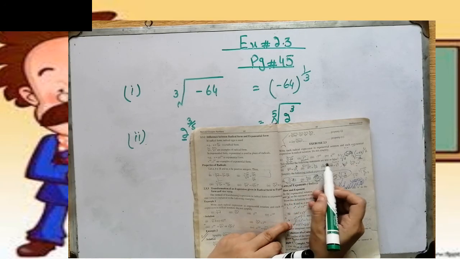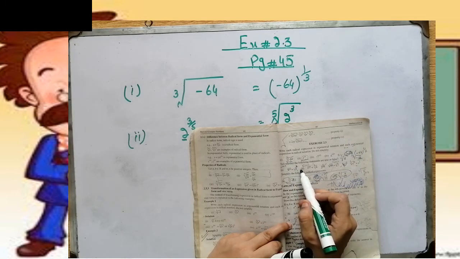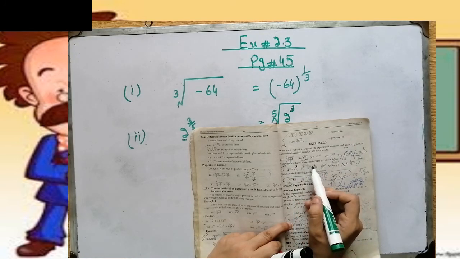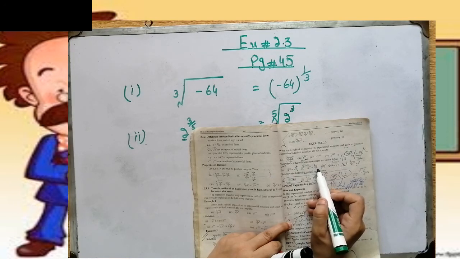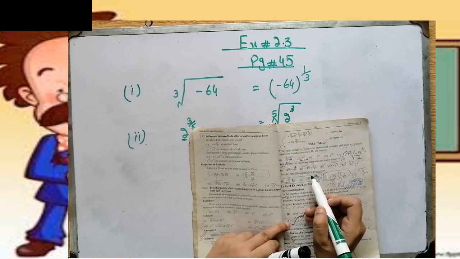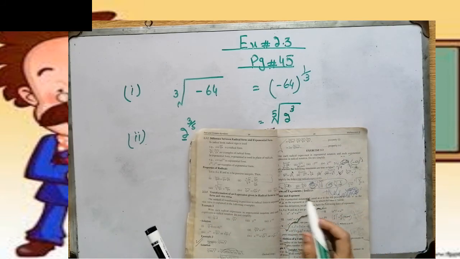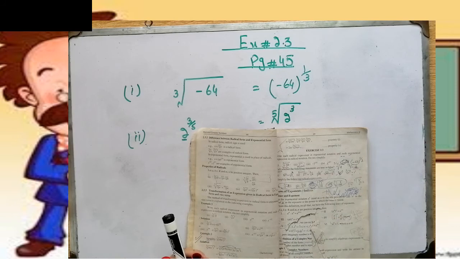Tell whether the following statements are true or false. So these are so easy. Can 5 power 1 by 5 be written as the square root of 5? No. 2 power 2 by 3 can be written as the cube root of 4. Now think about it and do it. Fine. Okay, now come to the third one. Simplify the following radical expressions. Simplify means, as we already did in example 2, just like that, these questions are done as example number 2.